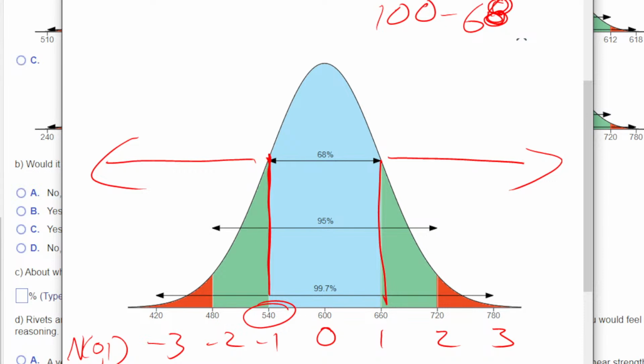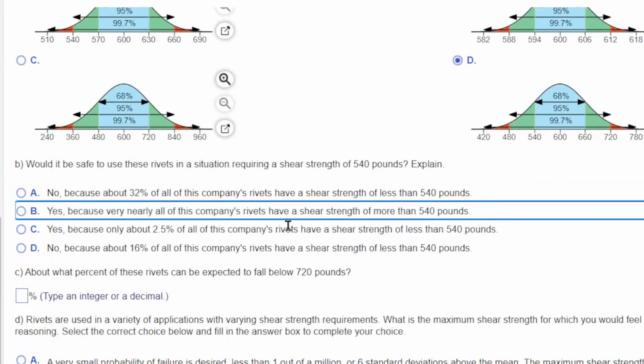Perfect. 32, right? Do we want 32 or what do we want? We don't want 32, right? We want this area. We want the area below here. So what would be the answer? Not 32. And then you divide it in half to get 16. Great job. So that's half of 32, which is 16.